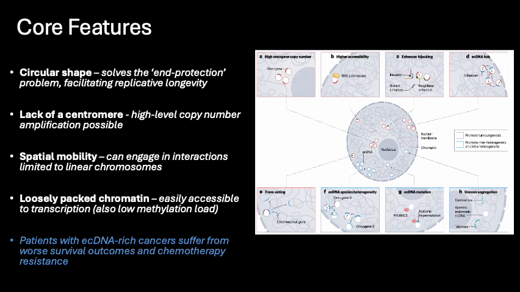And the fact that ecDNA is circular leads to the second point, which is that they lack a centromere. A centromere is a transcriptionally silent center of a chromosome pair, and what it does is facilitate the equal division of chromosomes into each daughter cell during each cell division, which is, of course, very useful if you want to have equal and stable chromosome inheritance across all of your progeny cells. And I'll draw a picture of it here. This is what a centromere looks like in the center